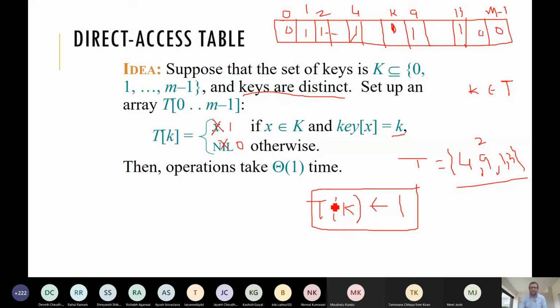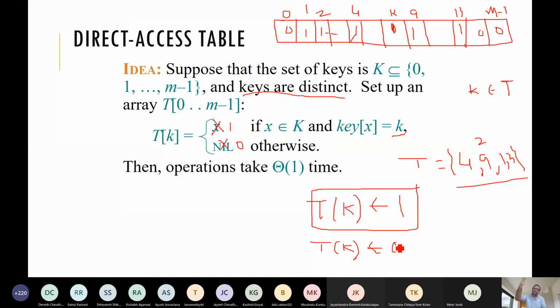Now how to delete? Suppose we want to delete a record whose key value is 4. How to delete? Switch off. So we go to that field and make it absent. That means we delete it.